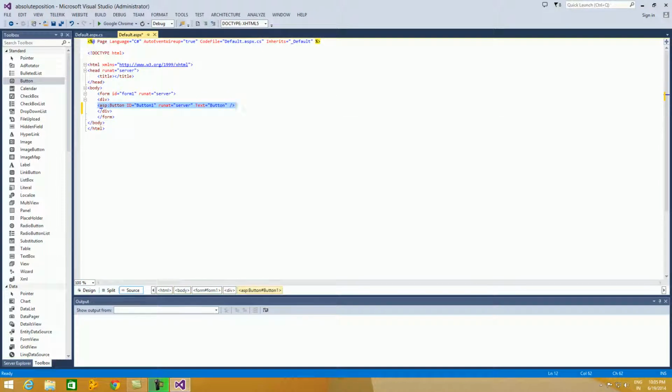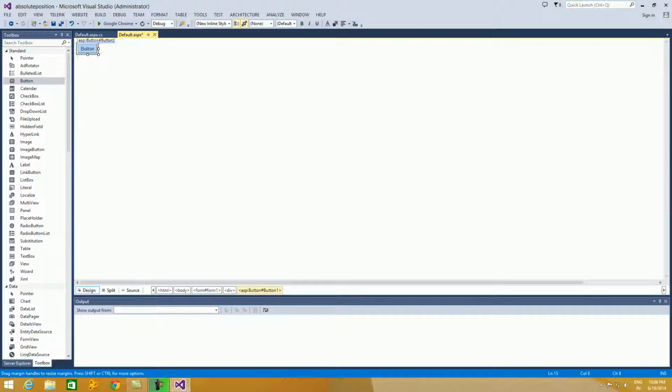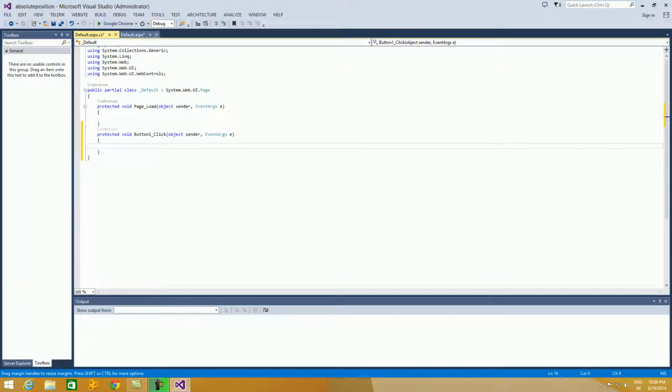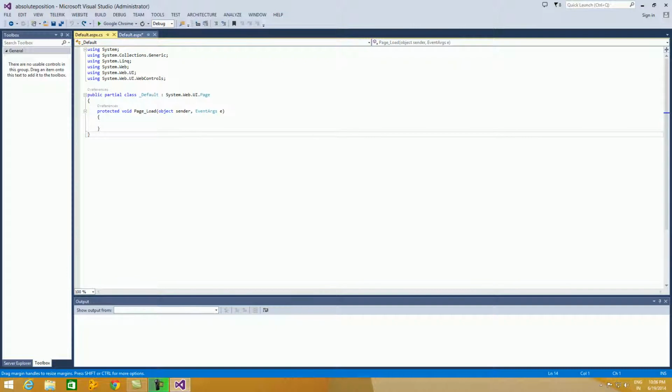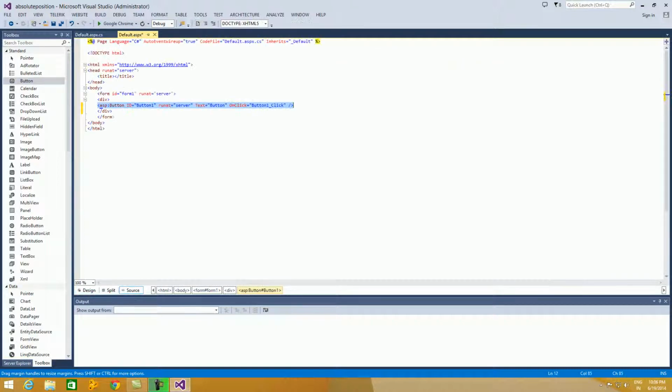The syntax of the button is asp:Button ID, some button ID, runat equal to server, and text is equal to Button. Now after setting, it has added a button click handler automatically when I selected the button.